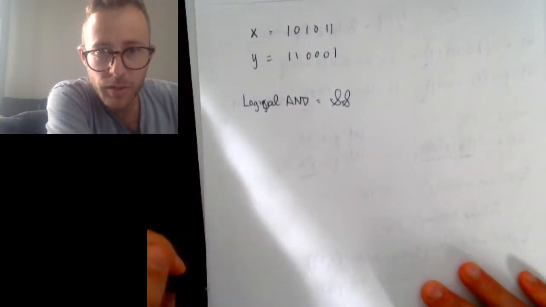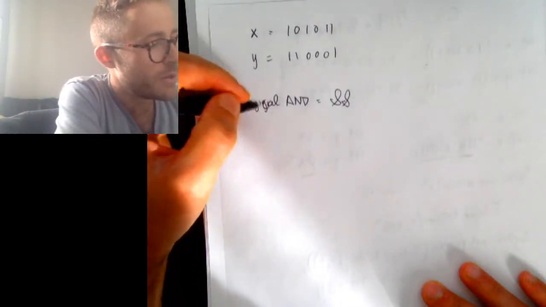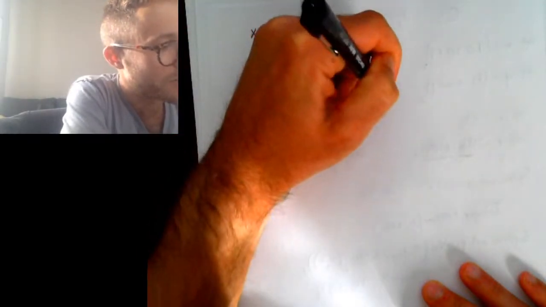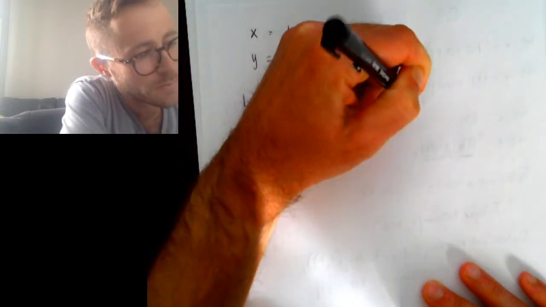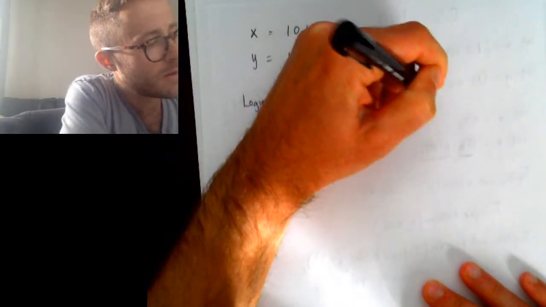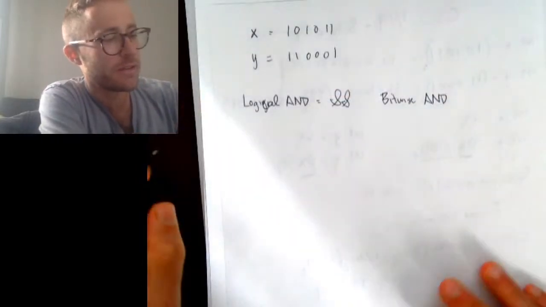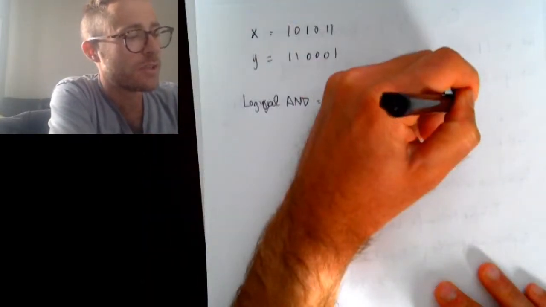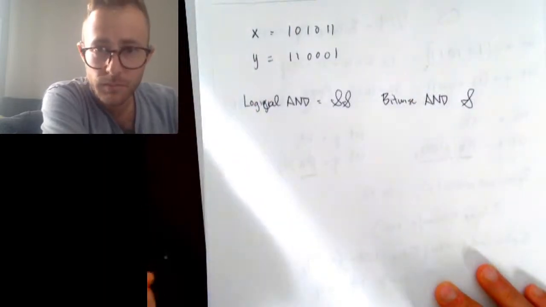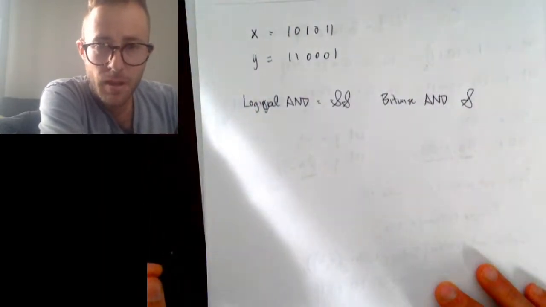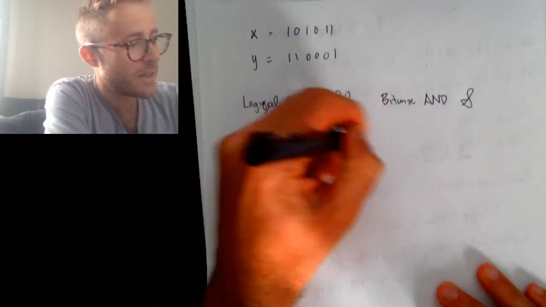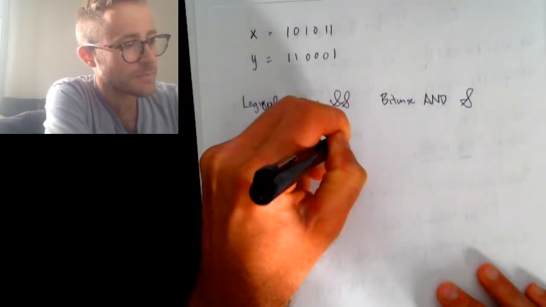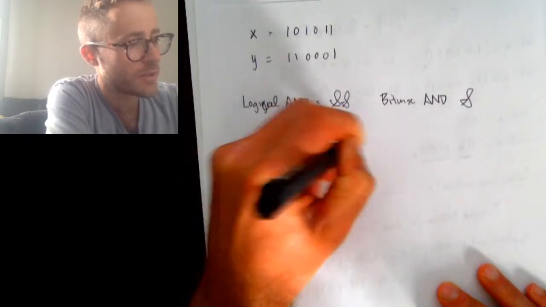Okay, but then there is also the bitwise and, which is just a single ampersand. Okay. So what that's going to do, so if I did x single ampersand y,